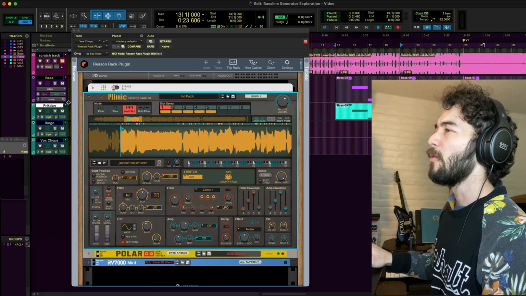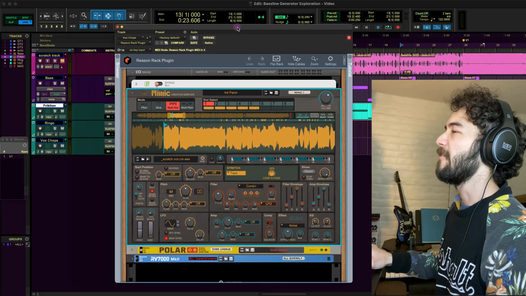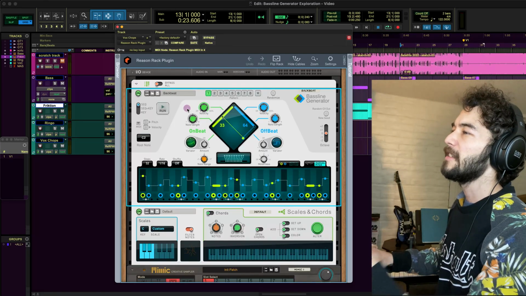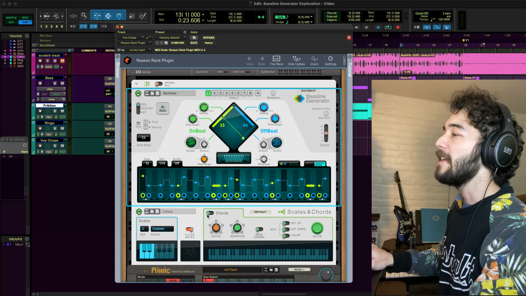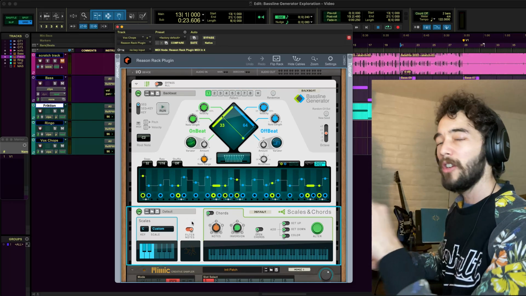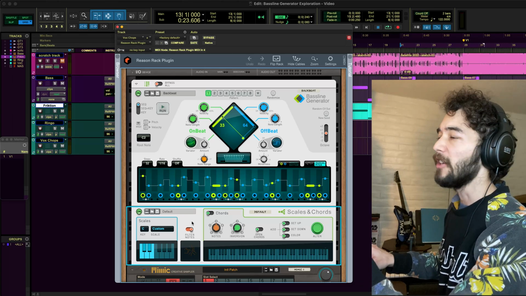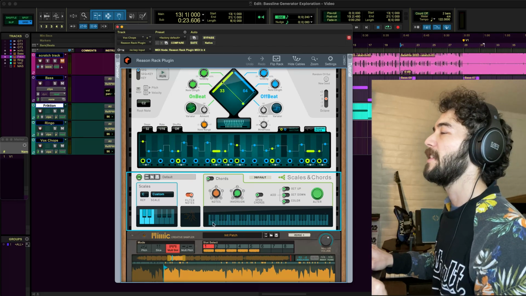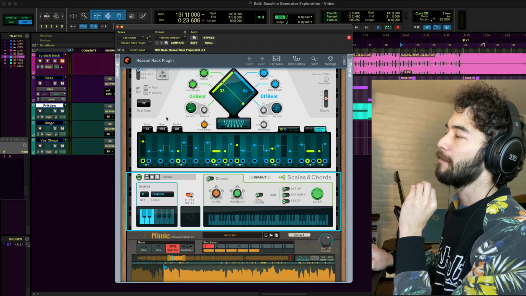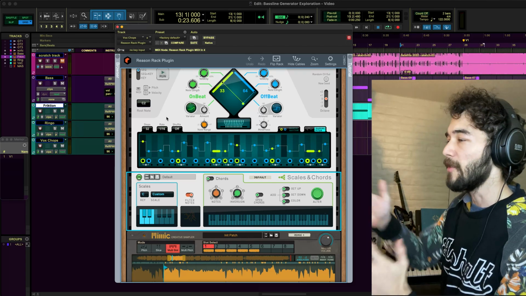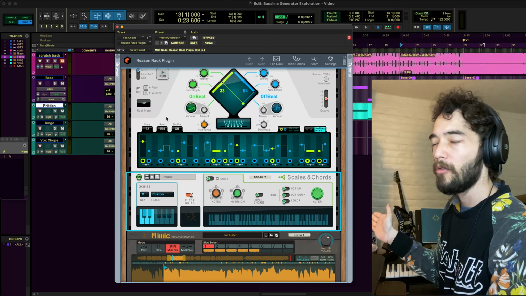So again, what I've done here is I've got Mimic. I've set it up as I just described. I've pulled in an instance of Bassline Generator. And here I've also brought in Scales and Chords. Now, you could theoretically go without using Scales and Chords, and you might want to, because you don't necessarily want any of the notes that Bassline Generator is creating to be blocked or rerouted to a different note, which is how Scales and Chords works,